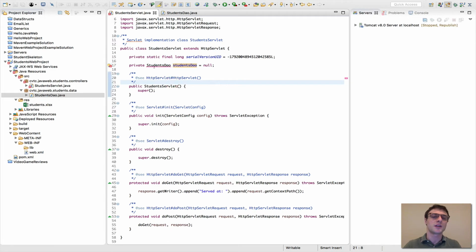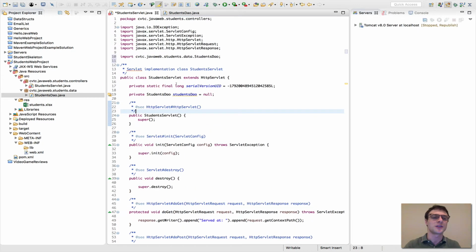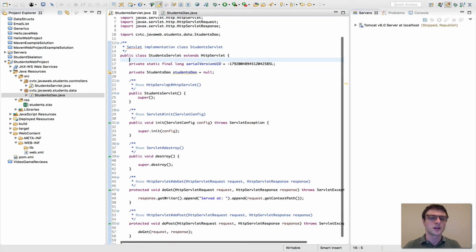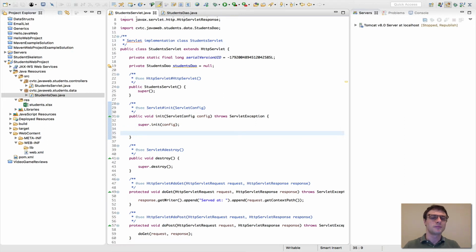Again, you'll get some little errors here. That's okay. We're going to hover over and import our data access object from the other Java project that we had created. Go ahead and save that. Should clean up any of the errors. Good. I'm going to create my new DAO object here in init. So I'm going to say StudentsDao equals new